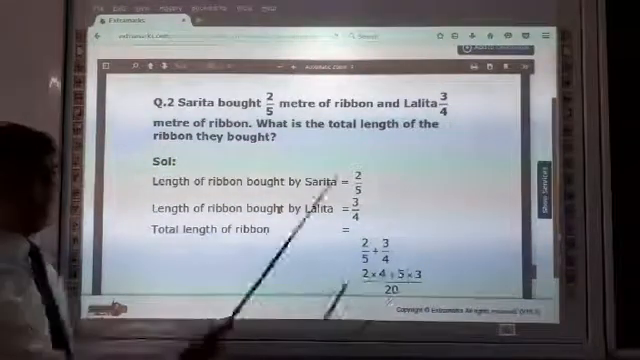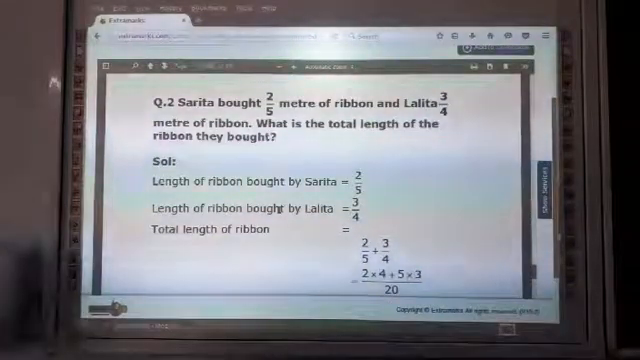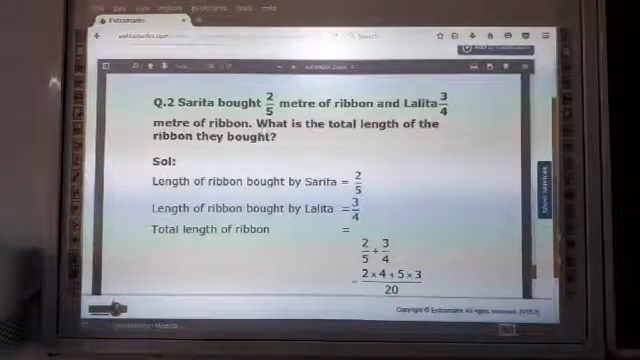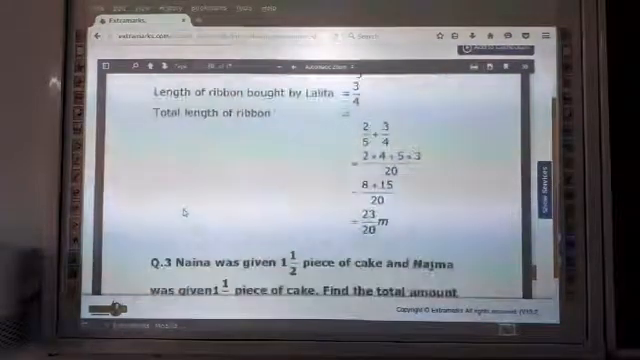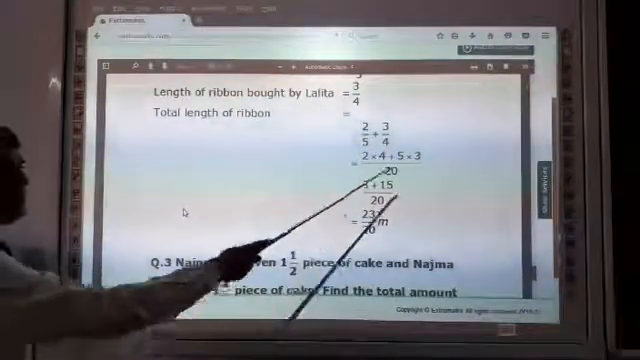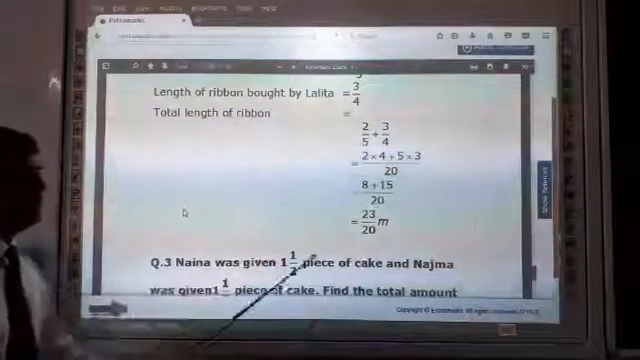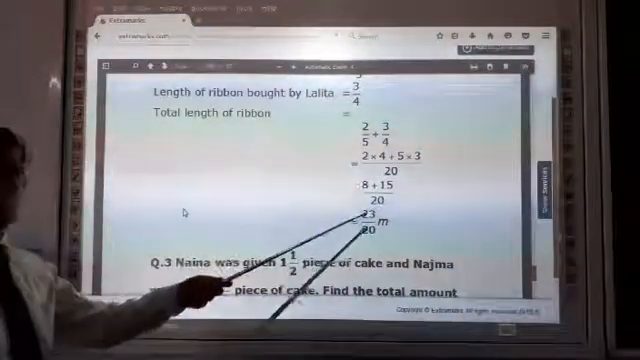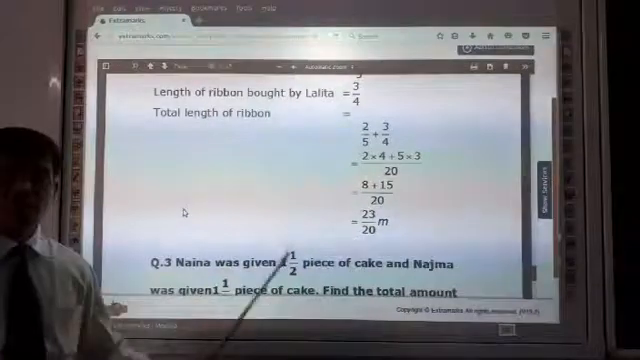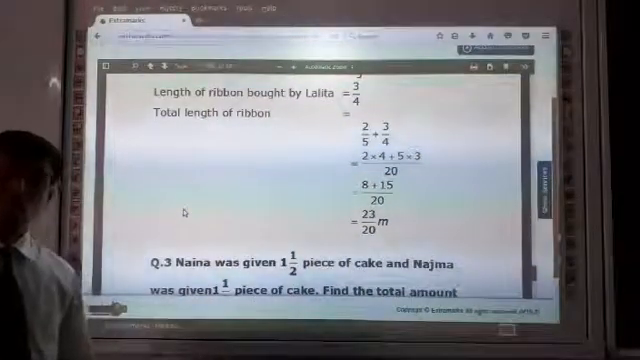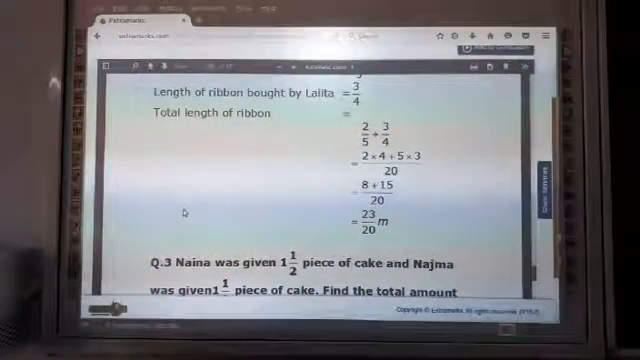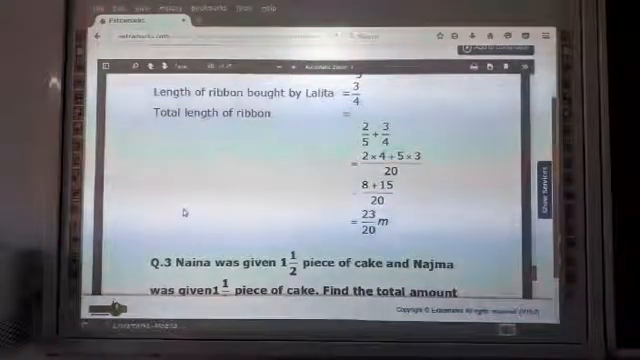5 fours are 20, and 4 twos are 8, plus 4 fives are 20. 3 fives are 15. Now 4 twos are 8 plus 5 threes are 15, upon 20. 15 plus 8 is equal to 23 upon 20 meter. This is the answer. Okay student, write down the question. Next question is